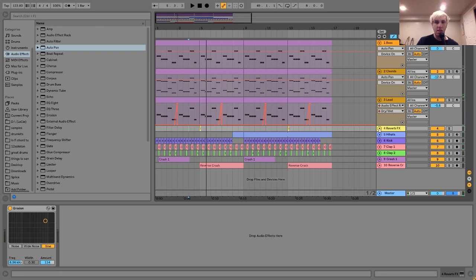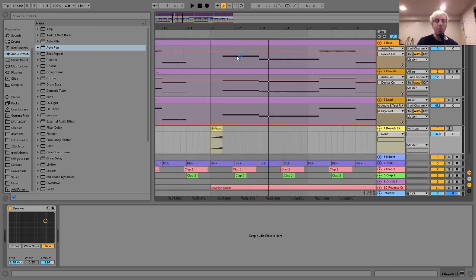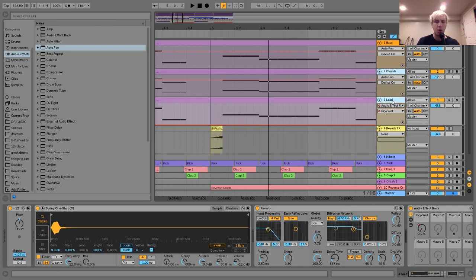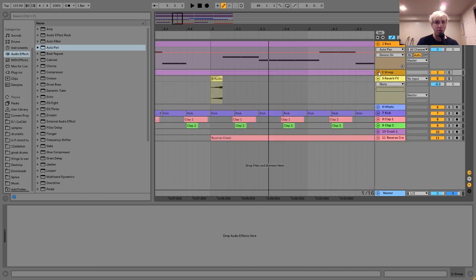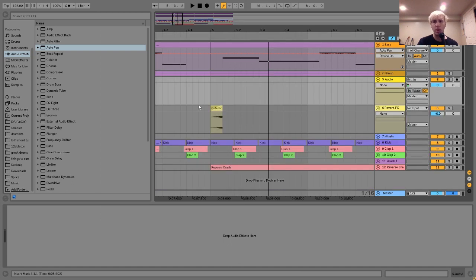So the way I made this was I put these chords and this lead in a group. And once those are in a group, you can record them onto an audio track. So what I did here was I set the routing, and then we have 2 group going through this audio channel. So now when I hit record,